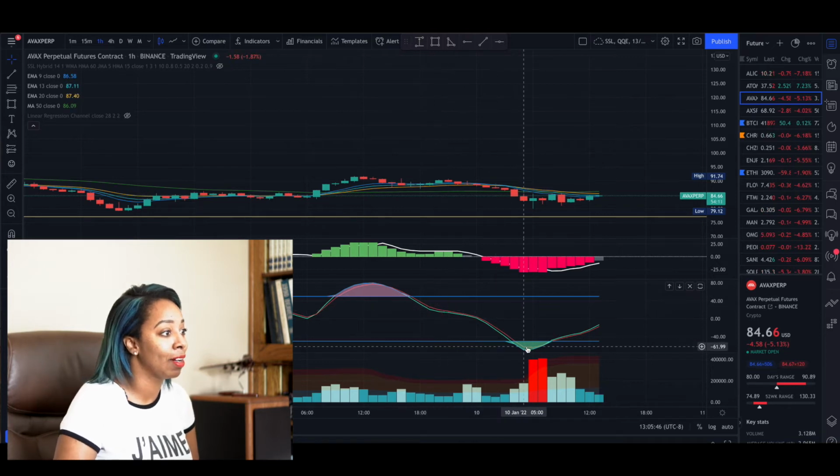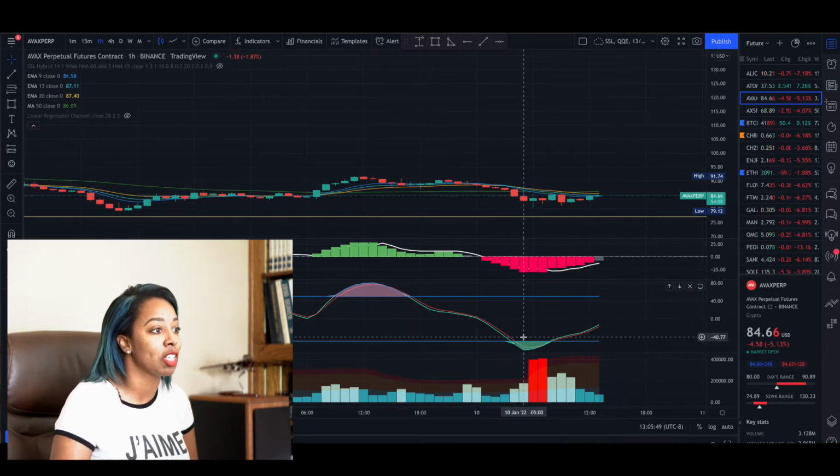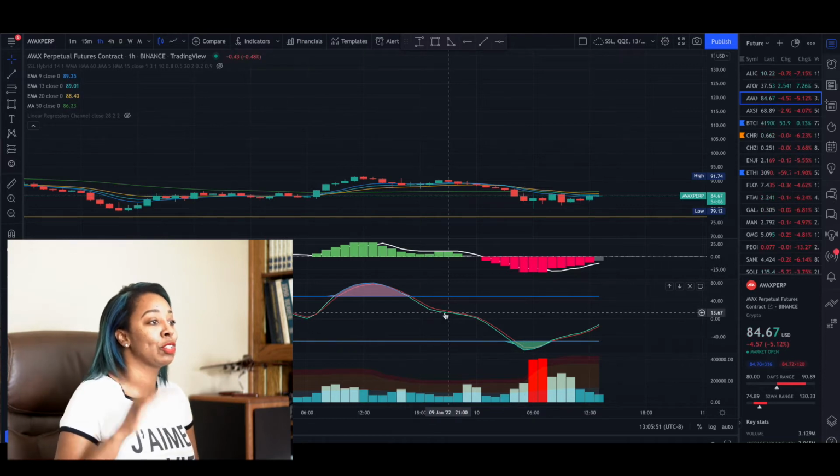I believe my stop loss was something like 86 and some change. I'm $2 short of that, and I only have 11 AVAX, so this is a really small position. I wanted to do that because I know that over the past few months AVAX has been tanking a bit, and I'm not quite sure why, but just looking at the charts, it's been on a downtrend, and I have been shorting AVAX and making some money on that. But according to this chart, if you're looking to short AVAX, it may not be the right time because you may lose a bunch of money,